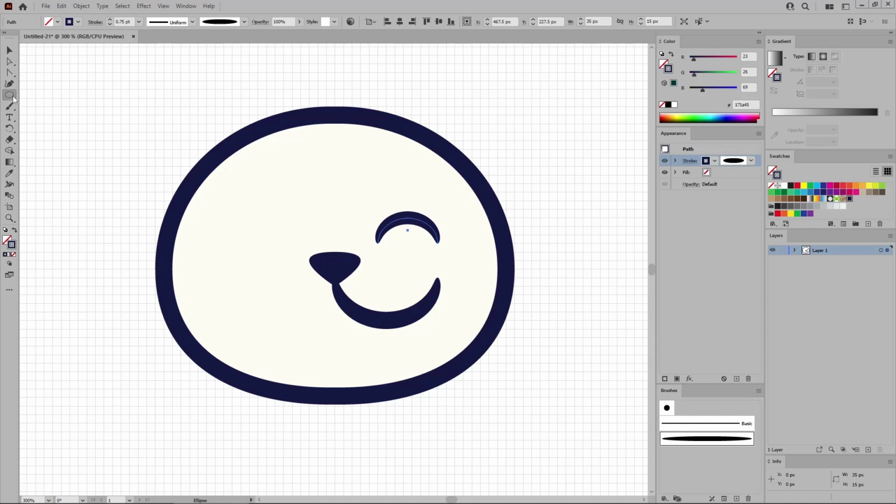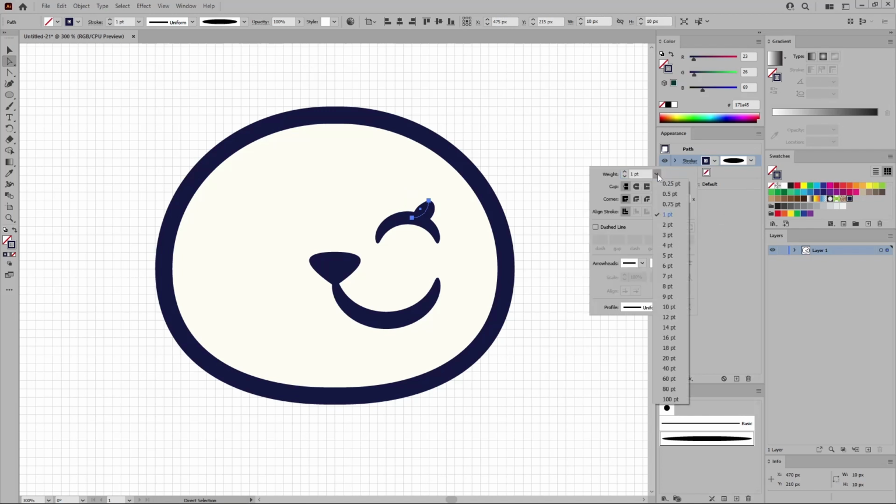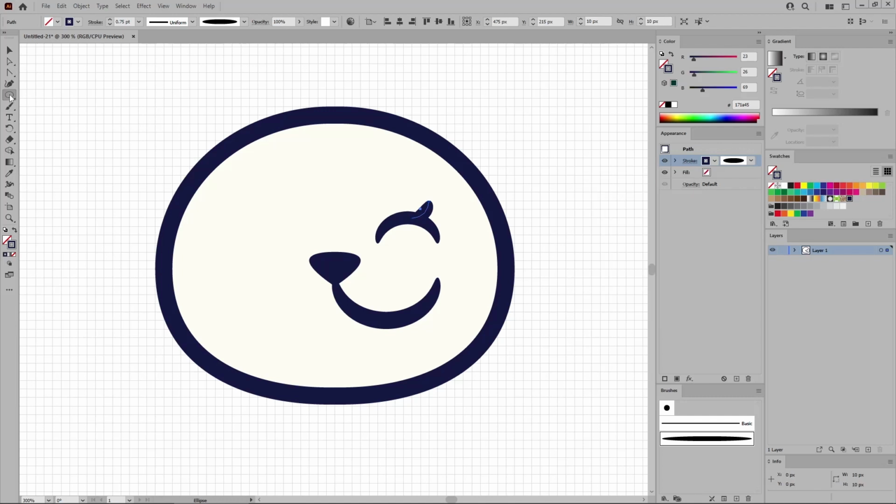Reselect the ellipse tool to create a 20 pixel circle. Use the selection tool to move this shape in this exact location. Switch to the direct selection tool to select these 2 points and remove them. Again, apply your art brush and lower the stroke weight to 0.75, and then select one more time the ellipse